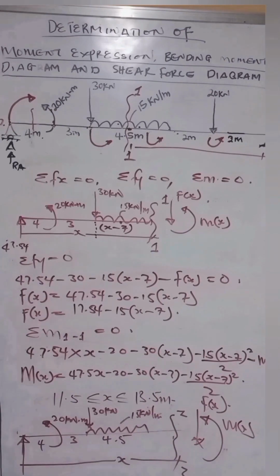This is the second to last zone. After this, we'll do the final one. And if we do this very well, we'll have our moment expression as this. We can have our shear force. Let's start with the shear force, F of x. We'll do that. We're going to have F of x to be 47.54. We're going to have minus 30, and we're going to have